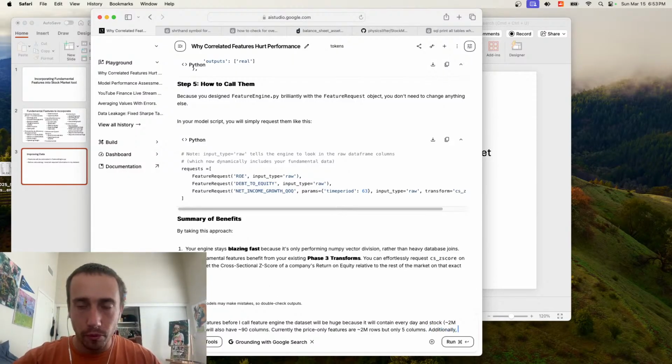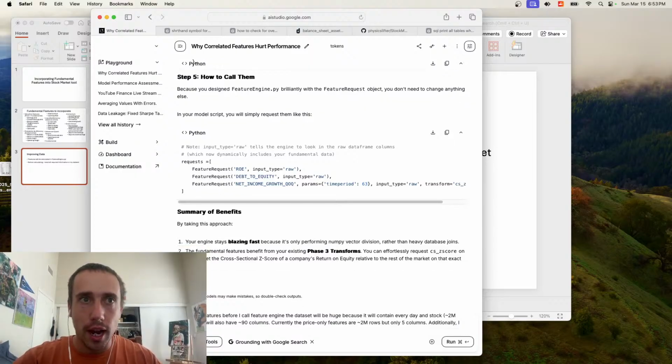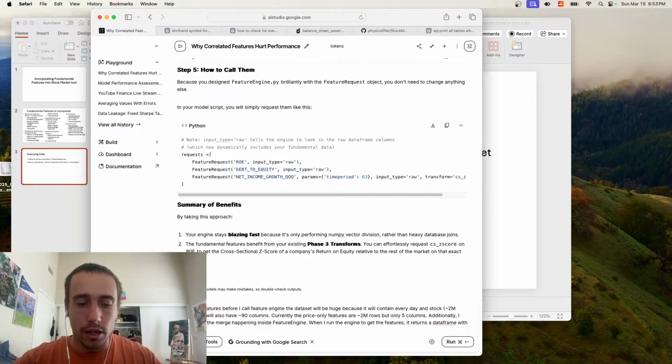Additionally, I already have the merge happening inside of feature engine. When I run the engine to get the features, it returns a data frame with the desired features added.